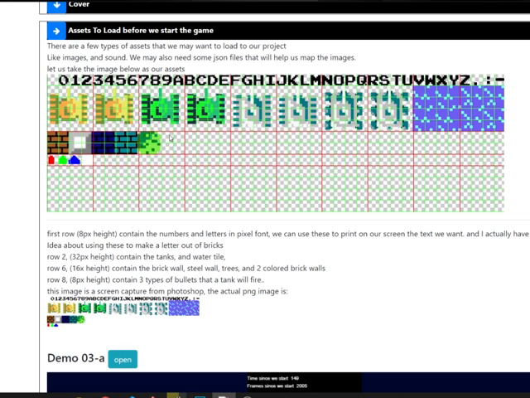Two tanks in yellow, two in green, and four that are the enemies. Two of them, one the regular and the speedy one. Then five tiles, two that are the water, and three types of bullets: red, green, and blue. So far,